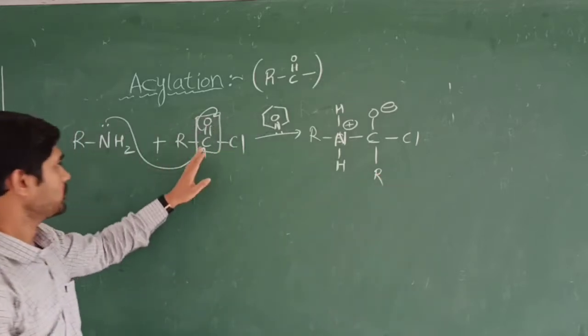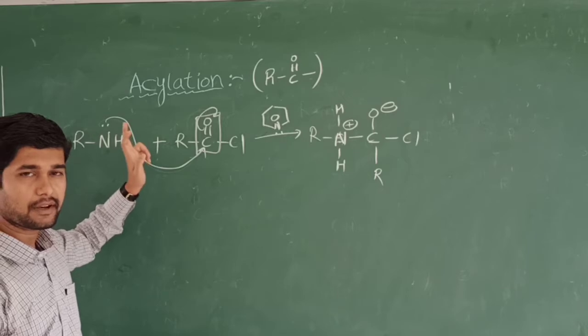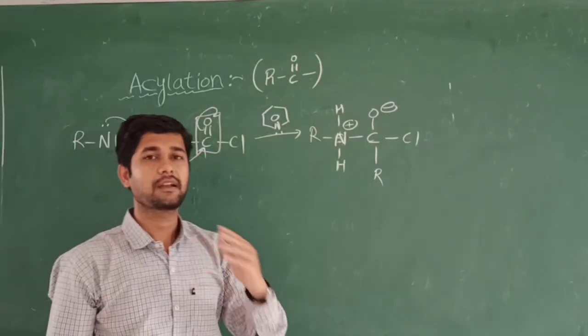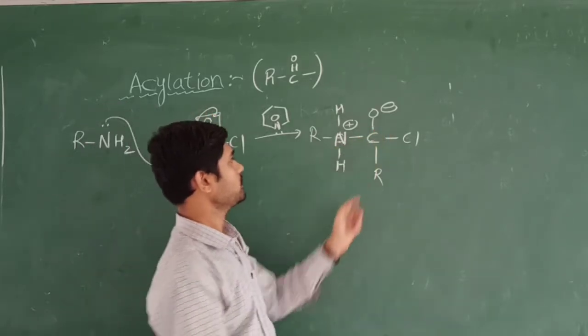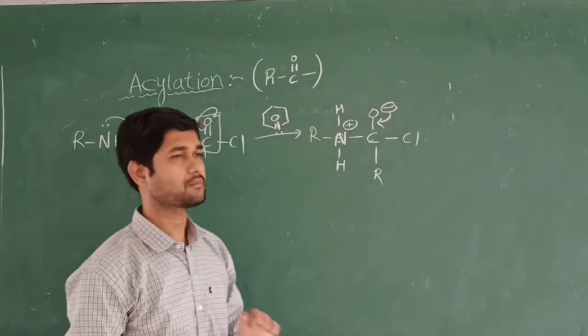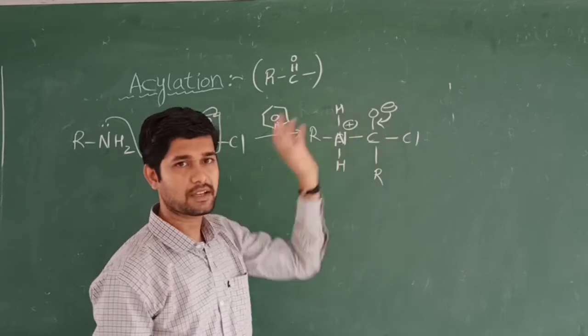So why should you not draw it like this? Because when the lone pair of electrons on the nitrogen hits the carbon atom, it forms 5 bonds. In order to keep 4 bonds, this bond migrates towards the oxygen, and you know that. This is called back bonding, oxygen atom back bonding. So this bond comes to the carbon, and now it becomes once again pentavalent.